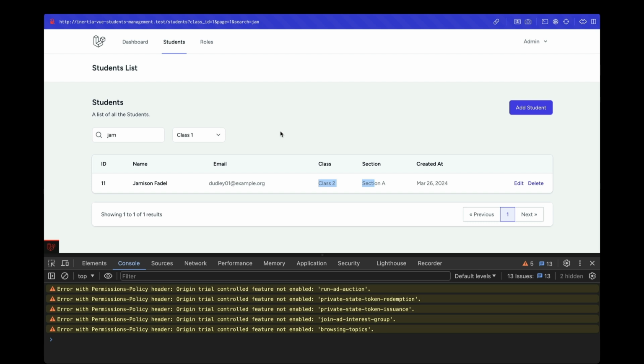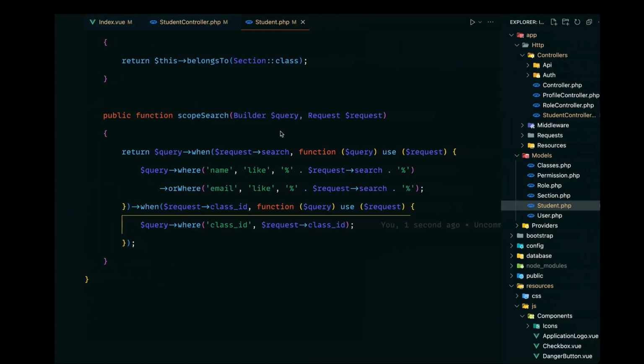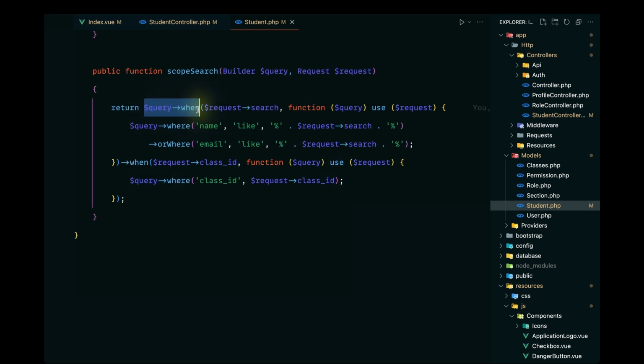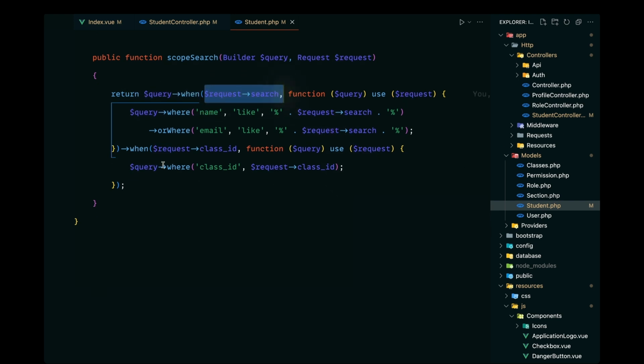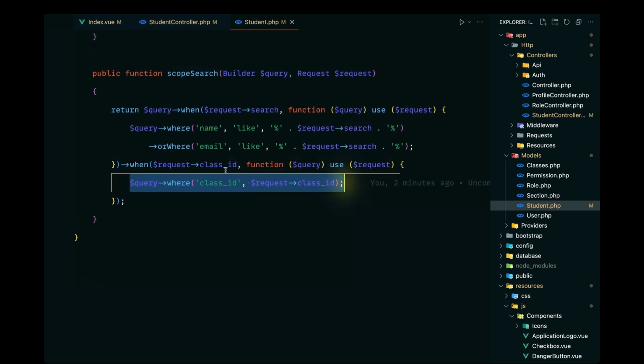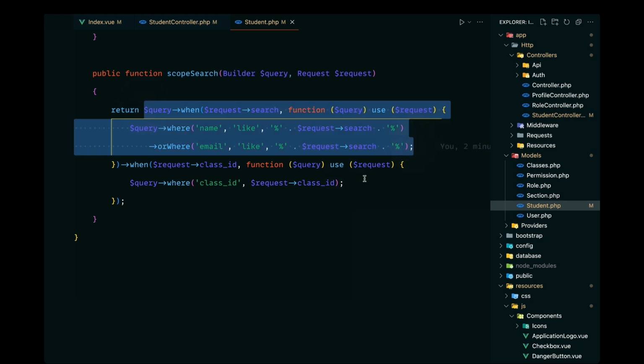So what do you think is actually happening over here? On our query, as you can see, we are checking if we have request search, and we are also checking if the request class ID is available. And in that case, we are applying the class ID filter accordingly. And both of these are technically correct, but what's actually happening here is